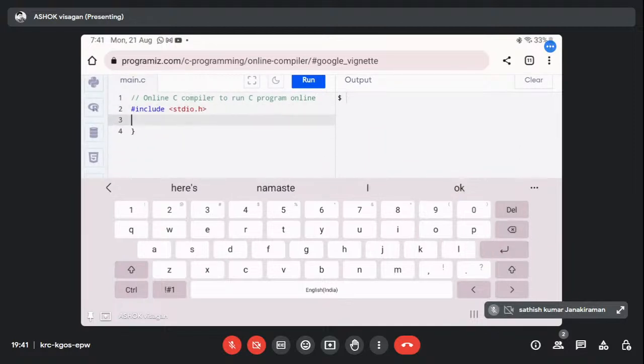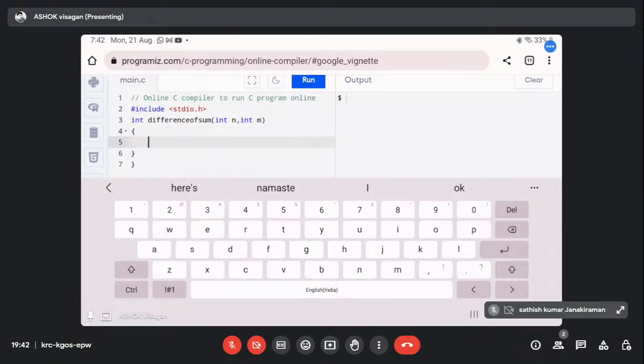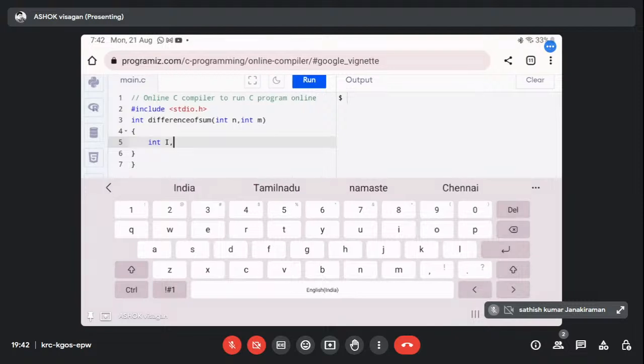First, int difference of sum function is open, int n, comma int m. So here itself we are going to initialize the function. So let us do that. Function is opened, so integer is declared,